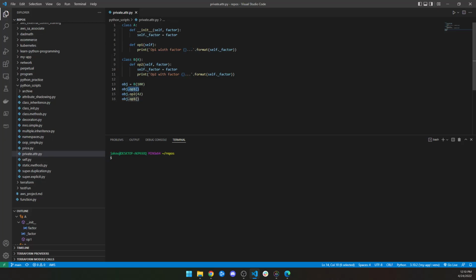So you'll see it correct here, and then we're going to modify it, and then you'll see that this object actually changes. So let me save this, and let's go to my Python scripts folder, and let's just run this and see what it looks like. So Python private. So 100 and then 42, and then all of a sudden it's changed and op1 is now